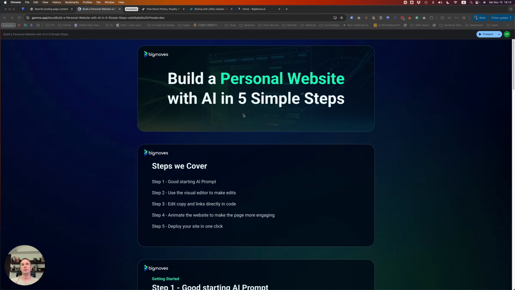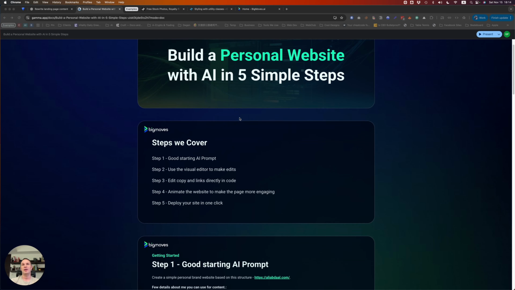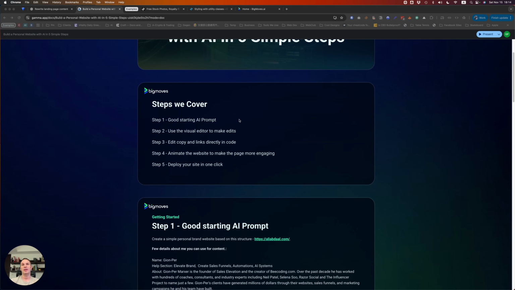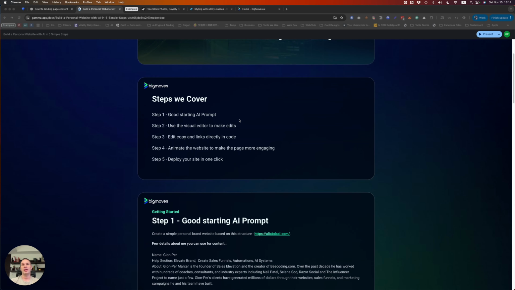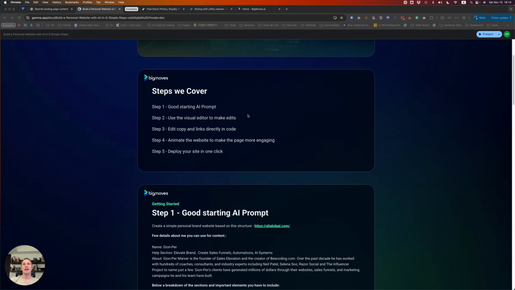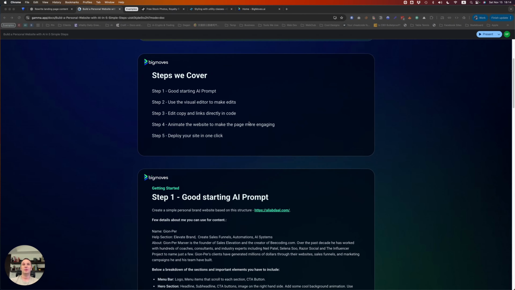Before we jump into Bolt, let's quickly review what we're gonna cover in the video. So first of all, we're going to have a good starting prompt, which I'm going to introduce to you guys in a second. Then I am going to show you how you can edit the sites. Once the AI has built the initial version, we're going to go on to the visual editor to make some edits. I show you how to make some edits through the code, simple text edits, for example, or a link